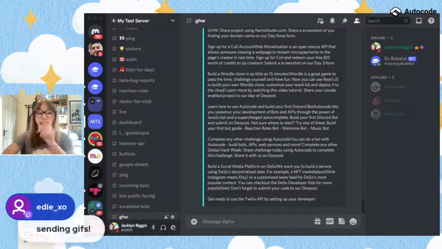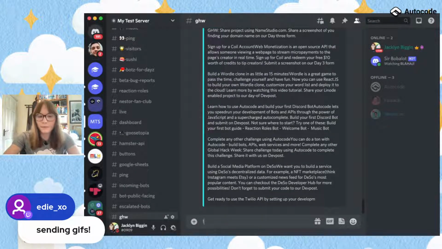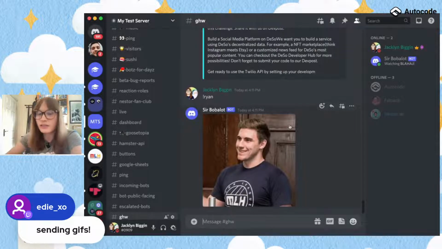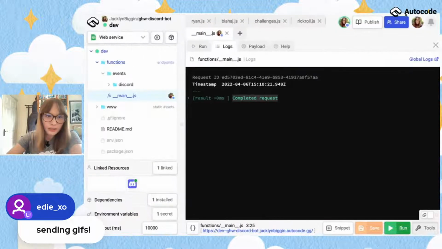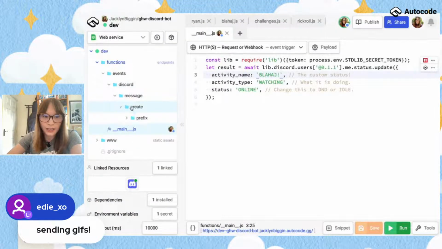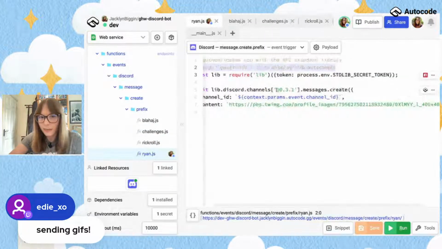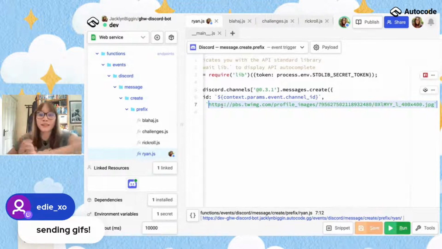Minecraft seed generator, sending gifts. Sending gifts is actually really easy. You might remember we have an !Ryan command, which sends a photo of Ryan to your Discord server. It's as easy as that to send a GIF. All you gotta do is, if we go to here, this is our Ryan command. Well, you'll see here we send a URL for an image. If we just send a URL for a GIF, it'll actually be animated automatically, which is really, really cool.